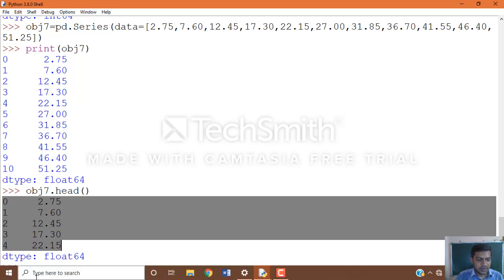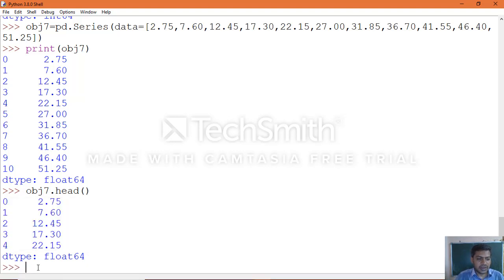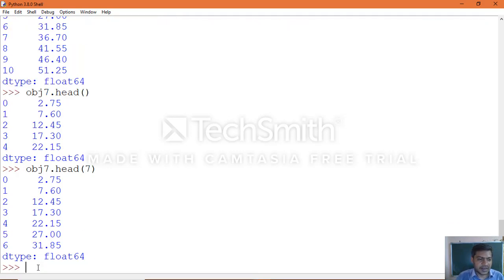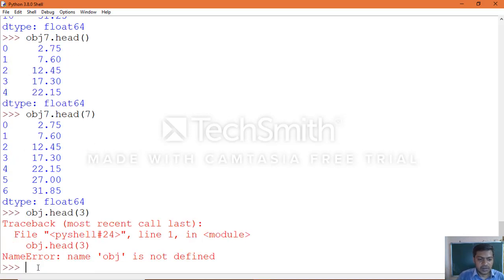If you want to extract a custom number of rows, you can use obj7.head(n). The same way, obj7.head(3), for example. We made a mistake with the name of the object.